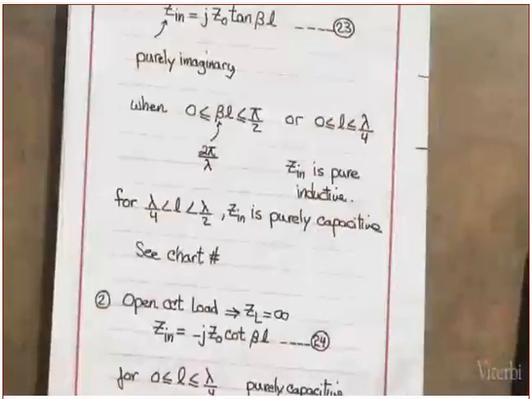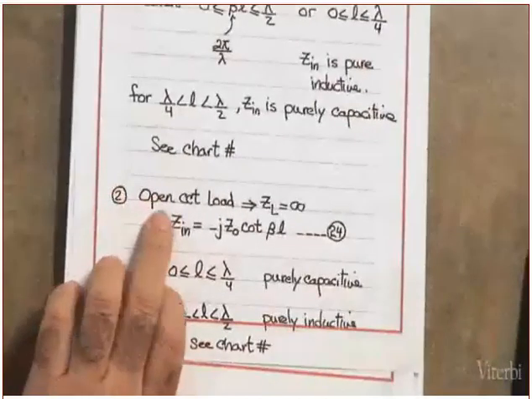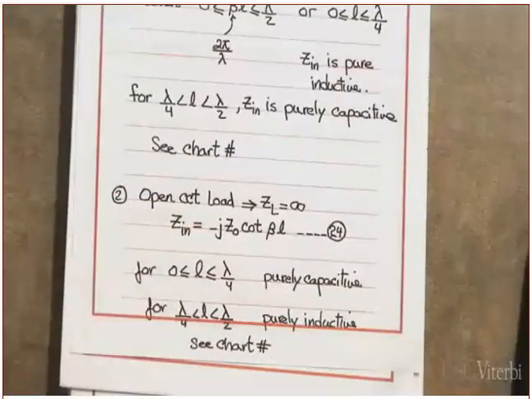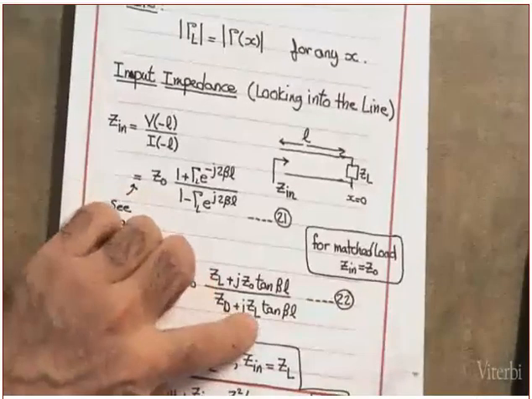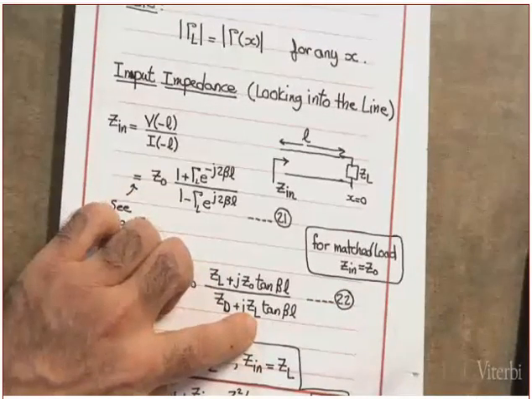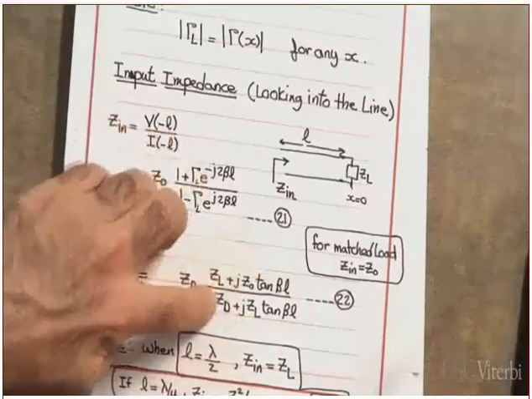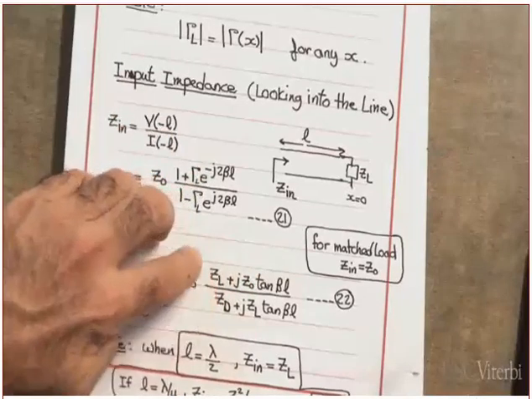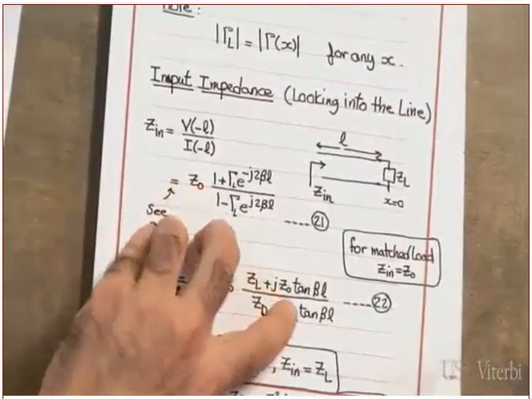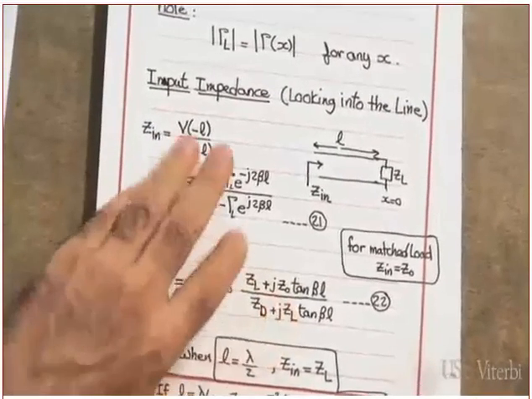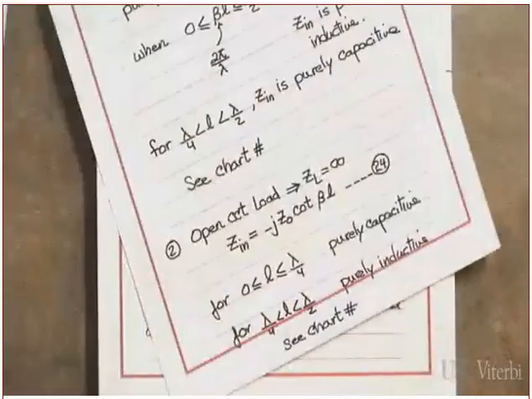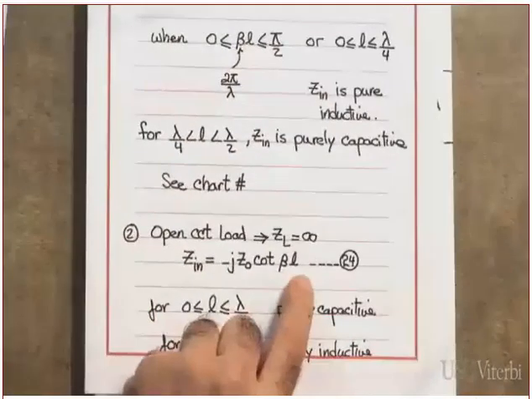Now, the same thing applies for the open circuit load. Open circuit load means ZL is equal to infinity. If ZL is equal to infinity, this term and this term are negligible. So I end up with ZL divided by ZL, which cancels out. And I end up with minus j Z0 cotangent of